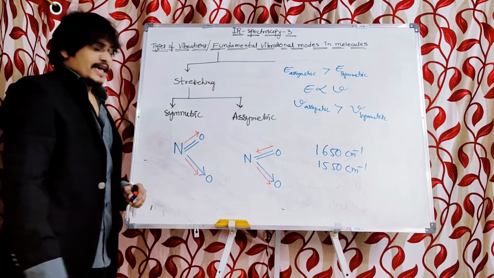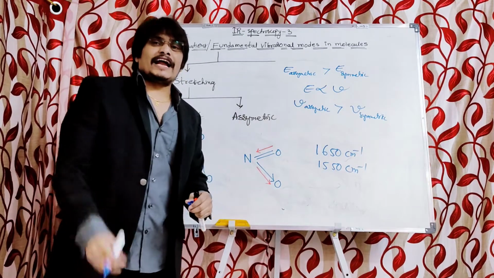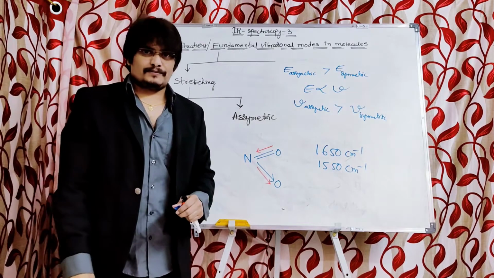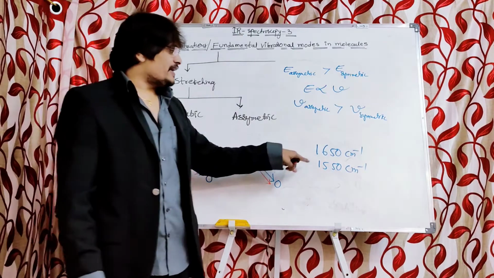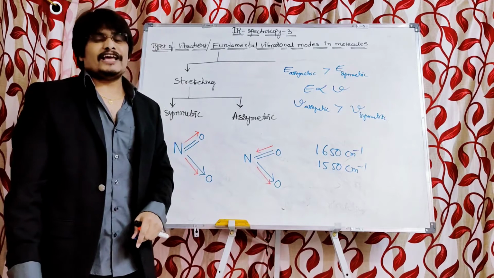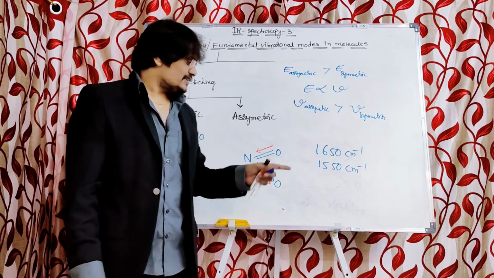I have taken the nitro group and recorded its IR spectrum. One peak is observed at 1650 and another peak at 1550 centimeter inverse. Now 1650 corresponds obviously to asymmetric stretching,